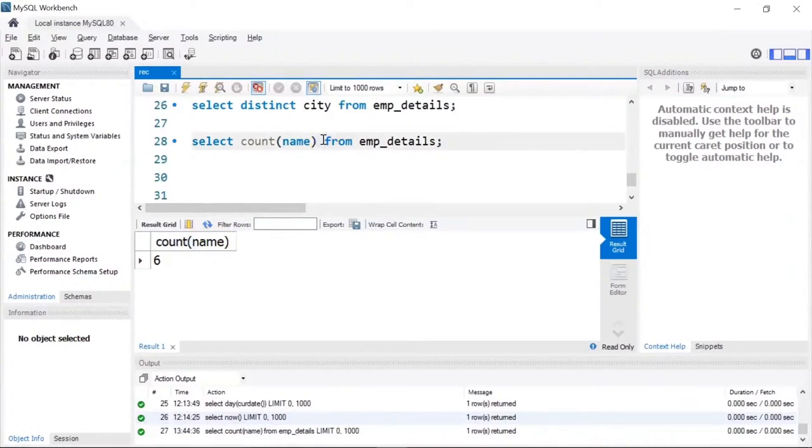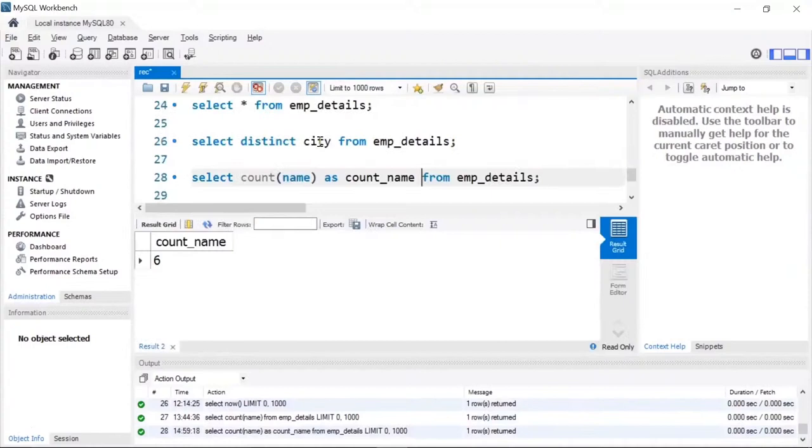So you can give an alias to the resultant output. So here I can write select count of name and use an alias. I can give an alias as count underscore name and run this statement again. There you go. You can see here in the resultant output we have the column name as count name, which